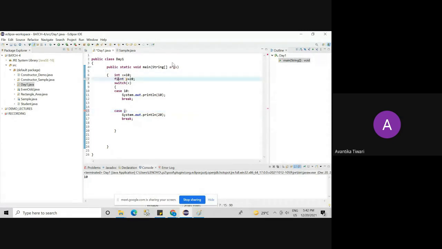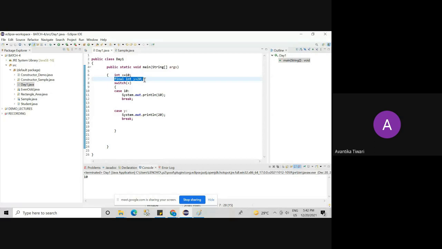Now, if I write final int y is equal to 20 in the same program, the program is same. Instead of keeping int y is equal to 20, I have declared it as a constant. How we declare constants in Java? By using a final keyword. So I have final int y is equal to 20 in line number 7.